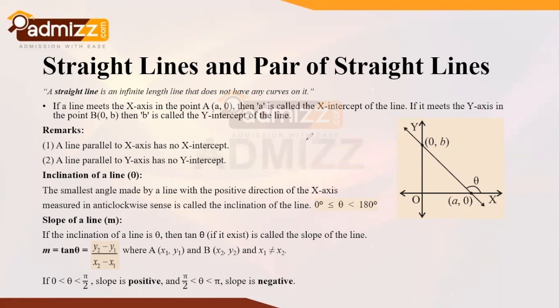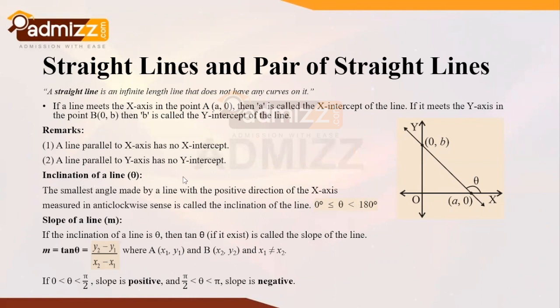In a similar way, if a line is parallel to the y-axis, then it has no y-intercept. That line will be of the form I am drawing here. It can be like this way, or like this way, that is, on the negative x-axis or on the positive x-axis. That means it does not intersect the y-axis. So this is the key thing to know related to the intercept form.